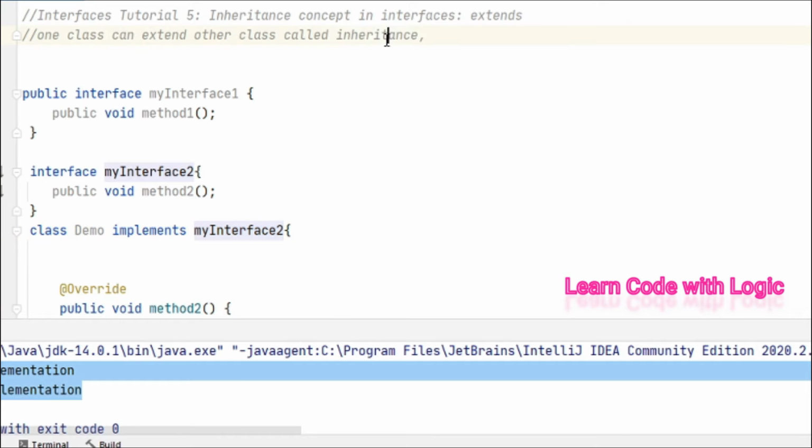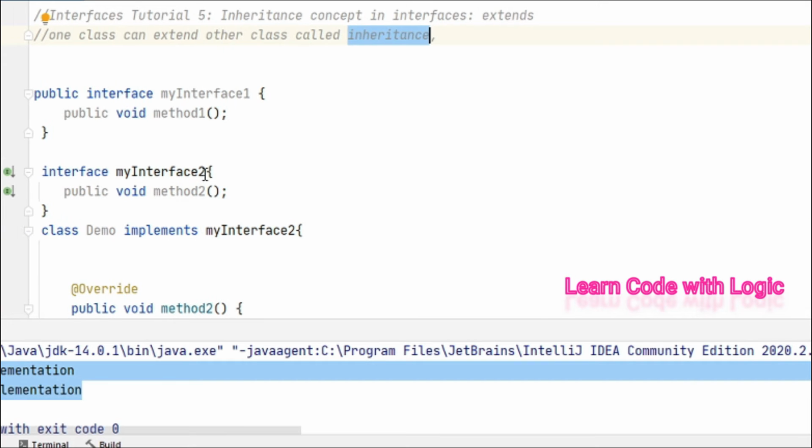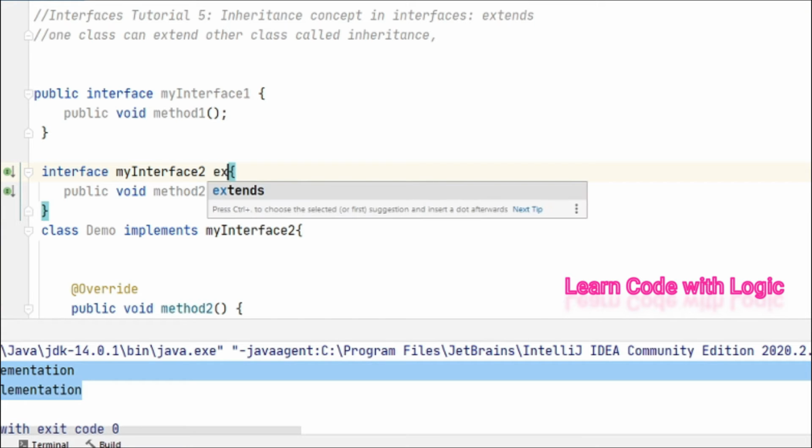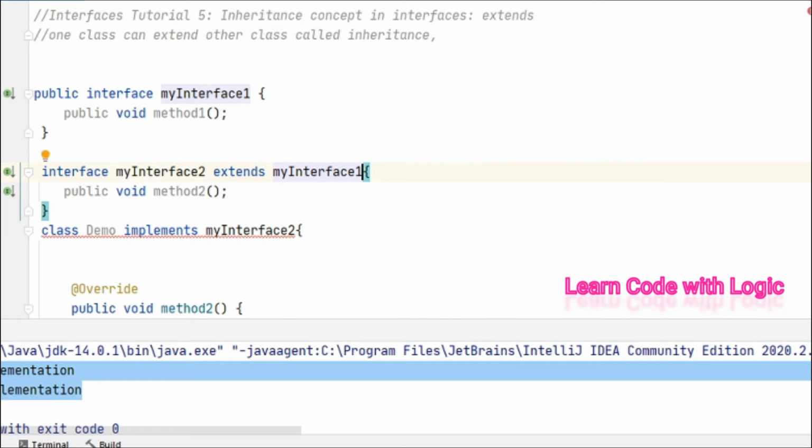This is a concept of inheritance. So what you will do is use the advantage of the inheritance concept. Extends my interface 1.